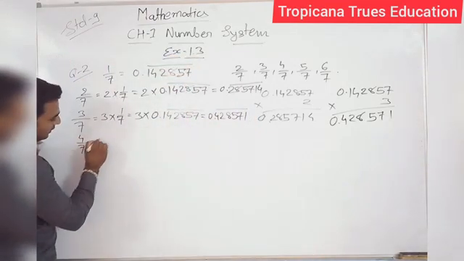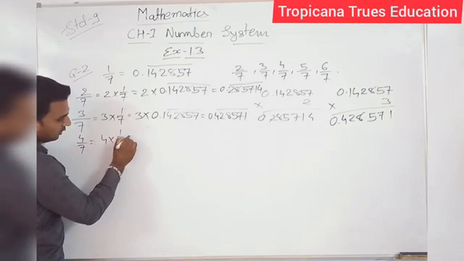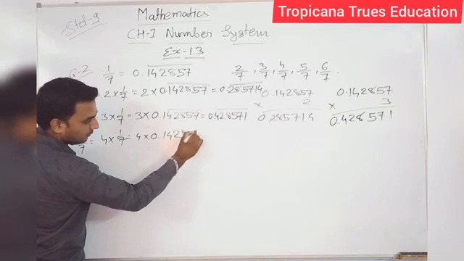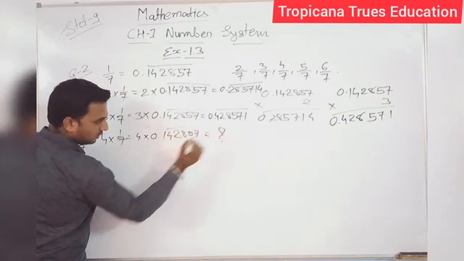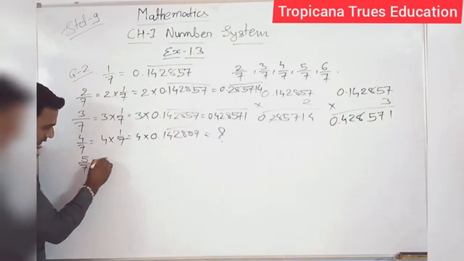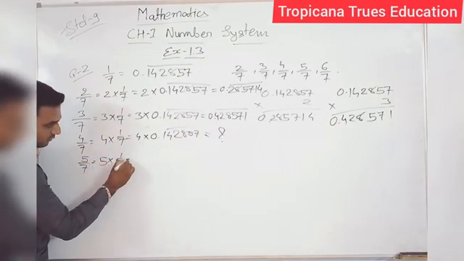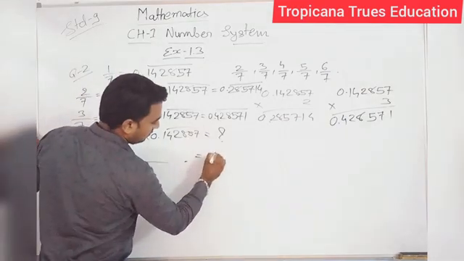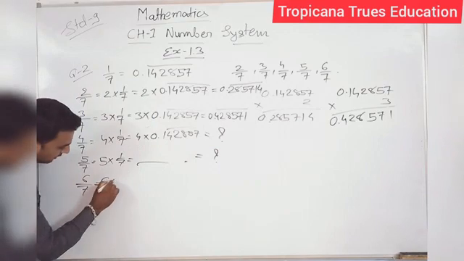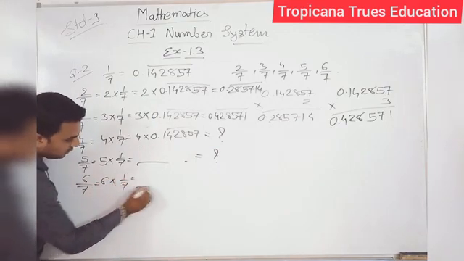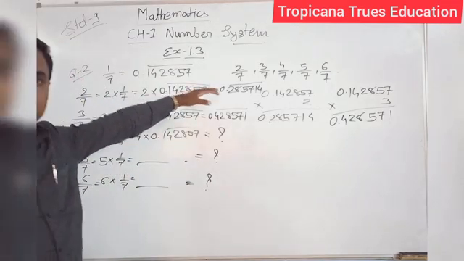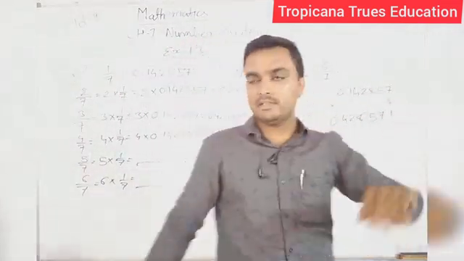So in this way you have to go further on for the 4/7. You know that it is 4 multiplied by 1/7. So again you have to multiply 4 by 0.142857. Then 5 upon 7 is 5 multiplied by 1 upon 7, same here. 6 upon 7, here you can multiply 6 by 1 upon 7, and you get the answer in this way. So we can get the answer without division.